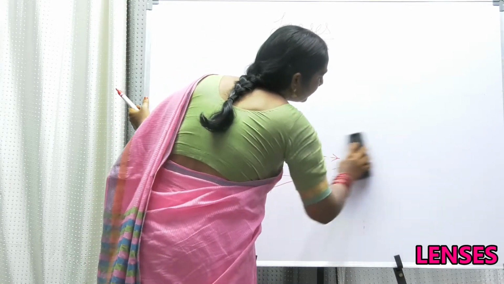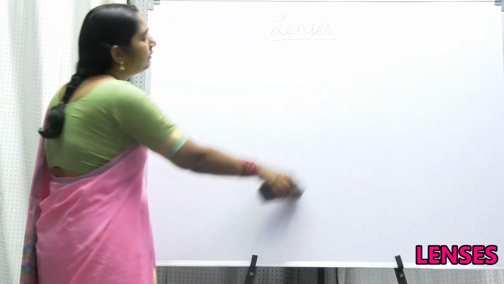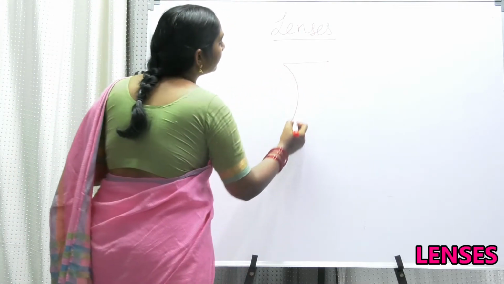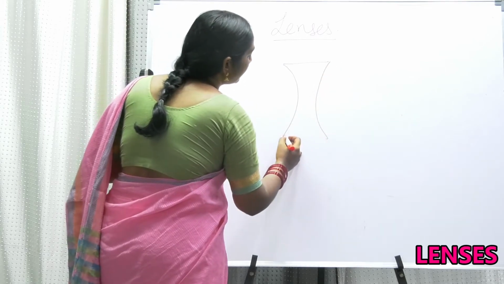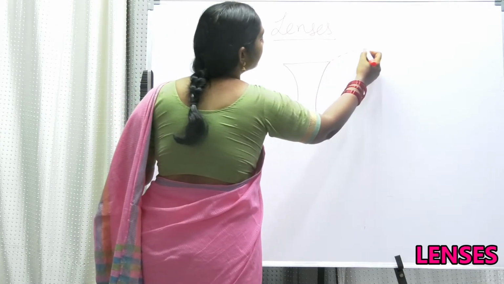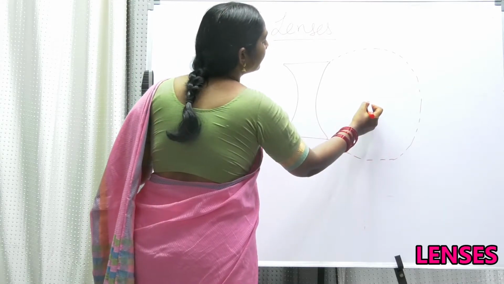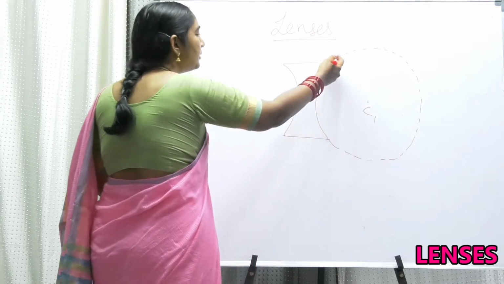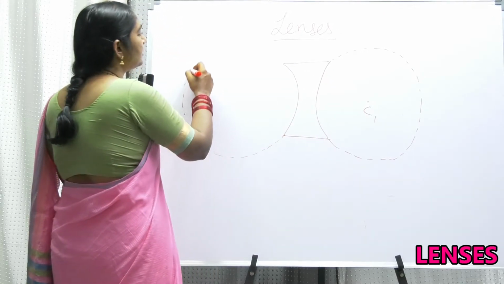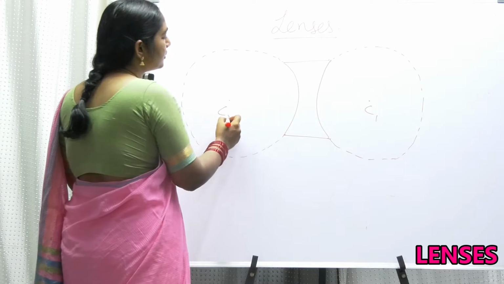So my dear friends, in this particular case, now we are going to see a concave lens. In the case of a concave lens, what is happening? If we take a concave lens like this, it has a concave surface on either side. Now here is one concave surface. You just complete a sphere, you get a sphere like this, and this sphere has a center called the center of curvature of this particular refracting surface. And again you complete this sphere with this curvature, you will get another center called the center of curvature for this particular refracting surface, C2.